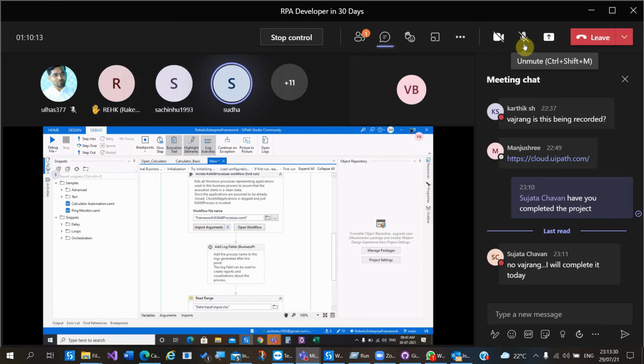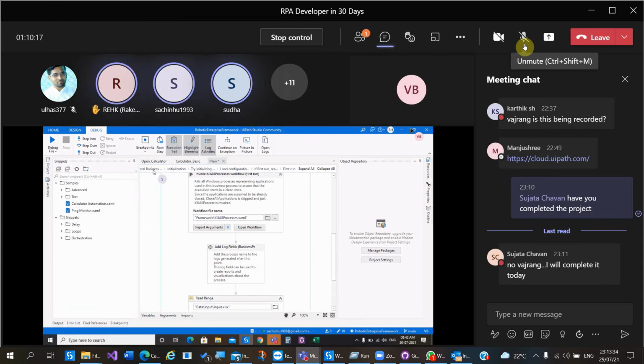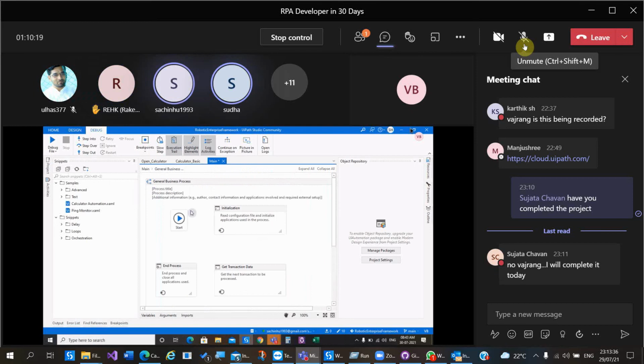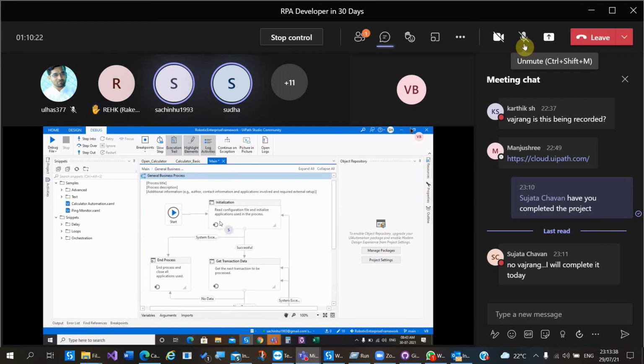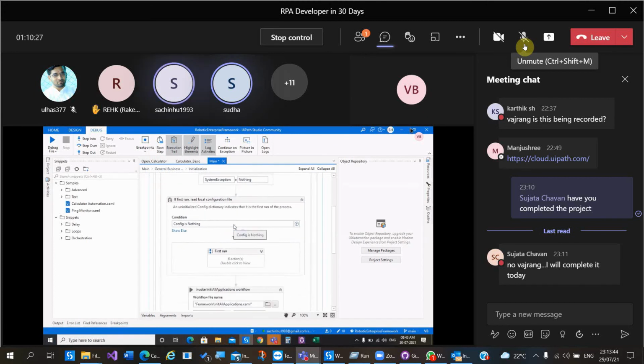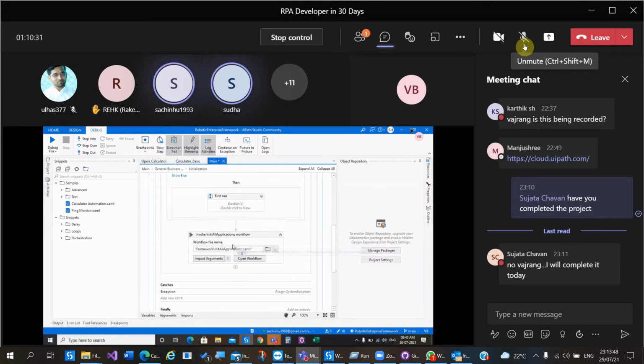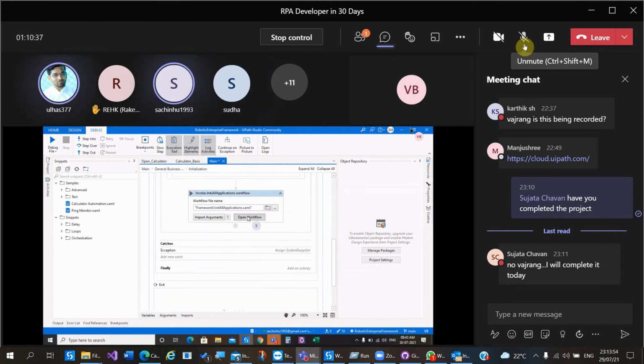Click on general business, workflow design, and click on initialization. Scroll down. Click on open workflow. Yes. This is a framework file.